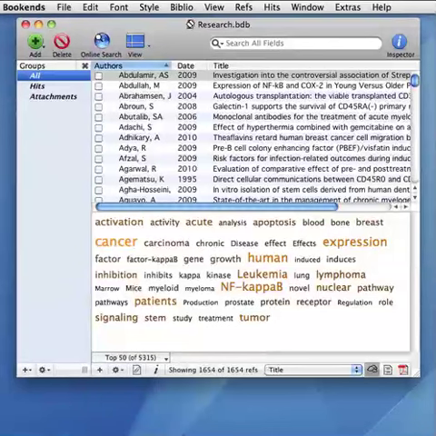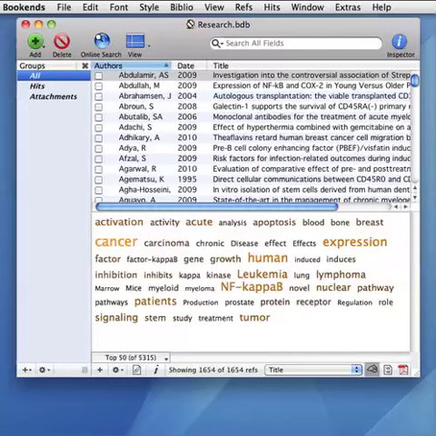There are two kinds of tags. One kind consists of terms from the keywords, authors, or editors fields. The other is individual words from the title, abstract, or notes fields. You will find an editable list of so-called stop words in preferences that is used to filter common and uninformative